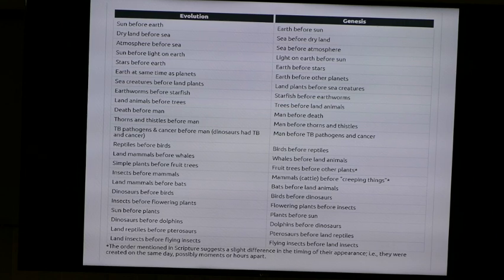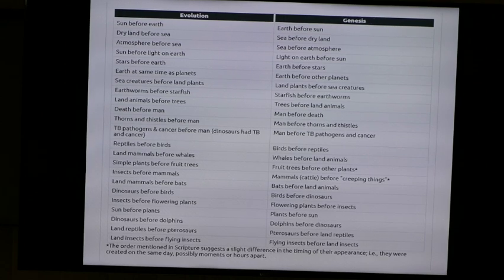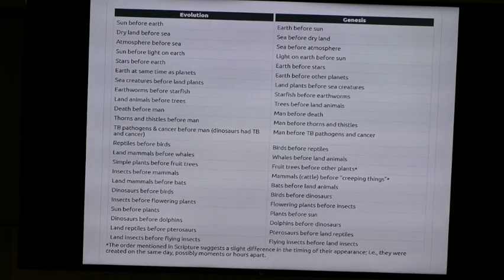Dry land before sea. Notice that in Genesis, you have the ocean or the water surrounding the whole planet, and there was no land yet. But in evolution, it insists that that molten lava eventually cooled off and became land. And when it did that, it caused the water molecules and some of the things to escape and become a gas, which eventually became water coming out of the sky. Opposite of Genesis.